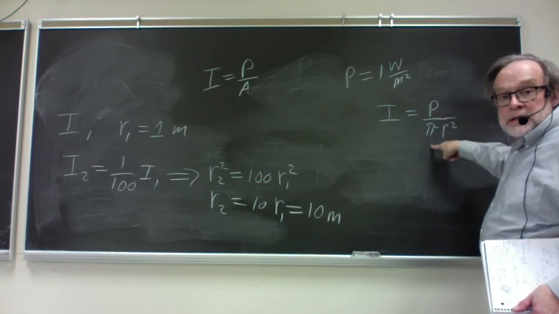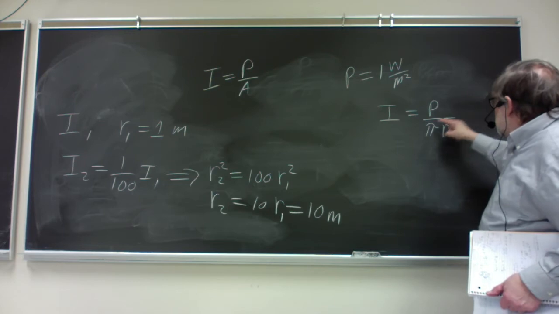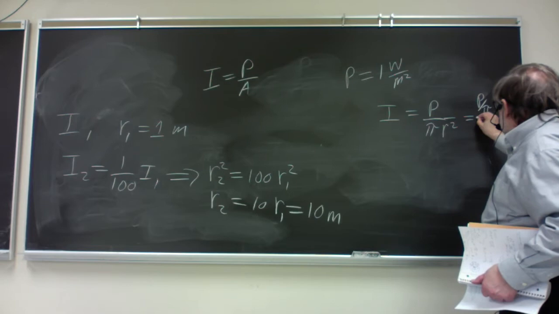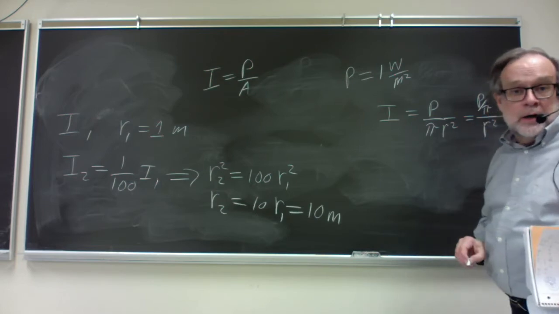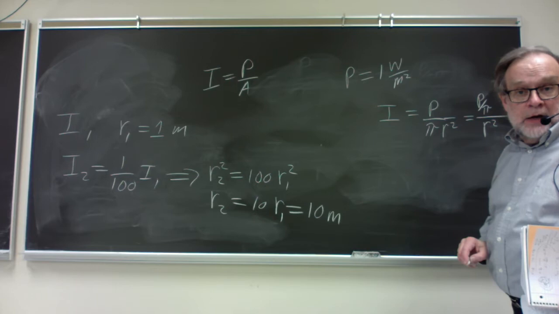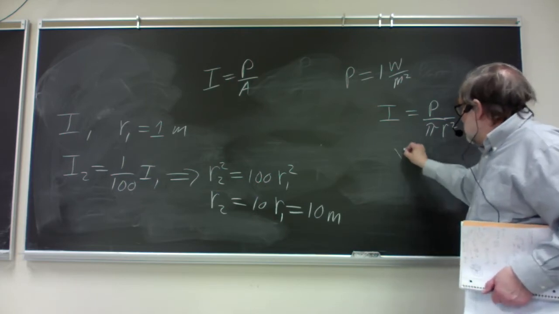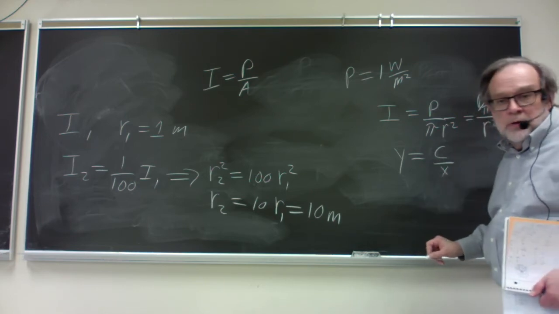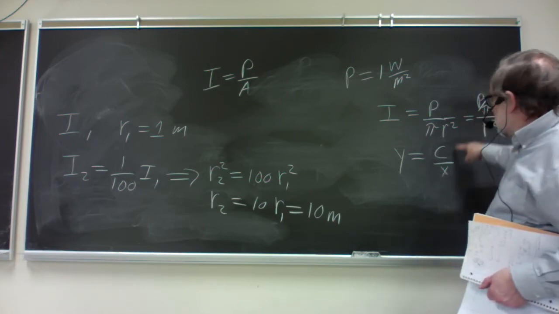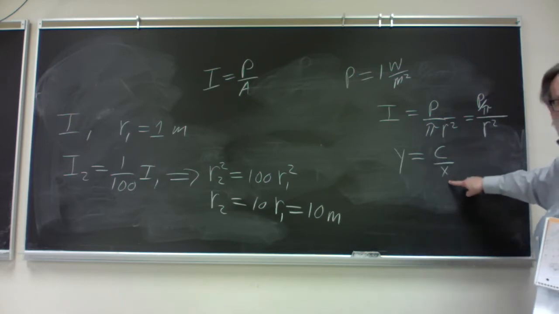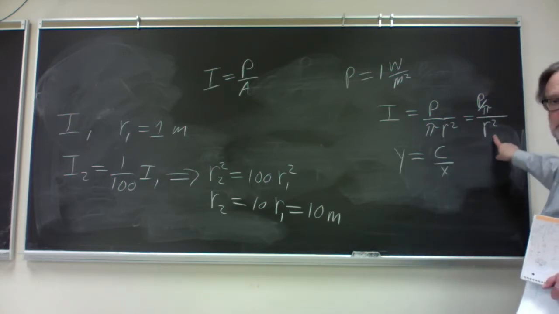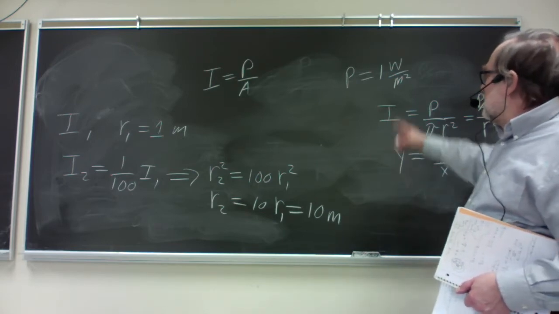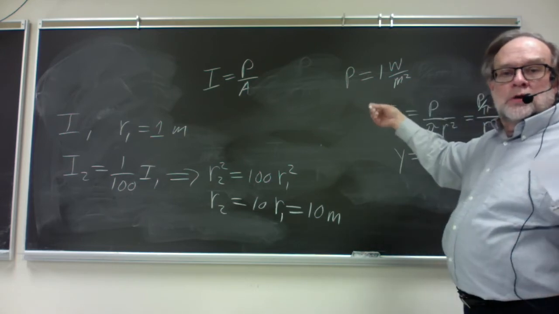But again, power is constant, pi is constant, so again, we have intensity equal to constant factors, power over pi, divided by a variable r squared. In other words, again, we've got the pattern for inverse proportionality. Variable equals constant stuff divided by other variable. Now the constant stuff is power over pi, and again, the variable here is r squared. So let's say that's the intensity you get for a circle of a certain size.